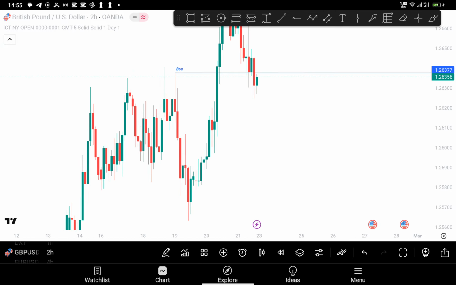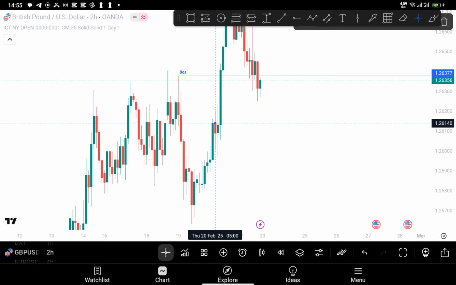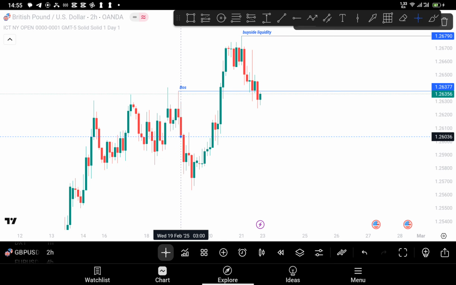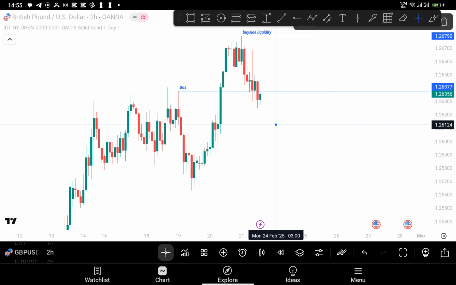Okay, what do I see? I see this order block, I see this gap here, this gap here. I also see an order block here, again in deep discount. So we shall see,